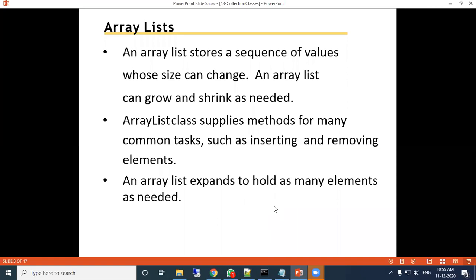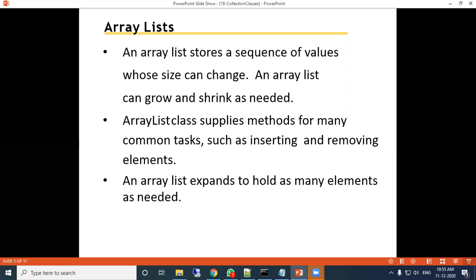So an ArrayList stores a sequence of values whose size can change. An ArrayList can grow and shrink as needed. That means the ArrayList has a sequence of data, but you can increase or decrease it as needed. The ArrayList class supplies methods for many common tasks such as inserting and removing elements.